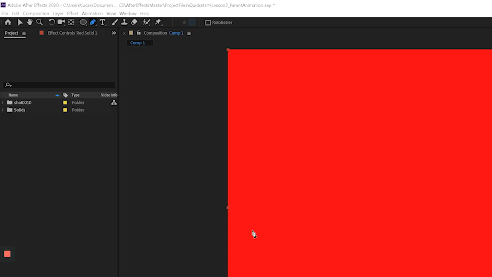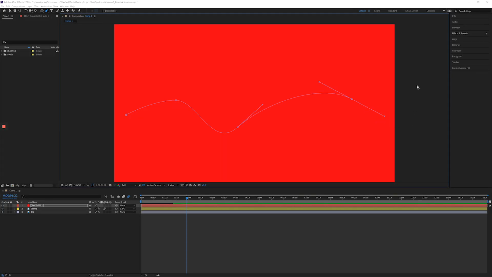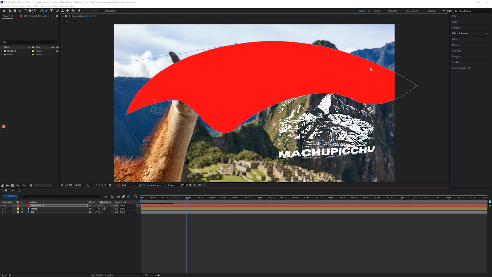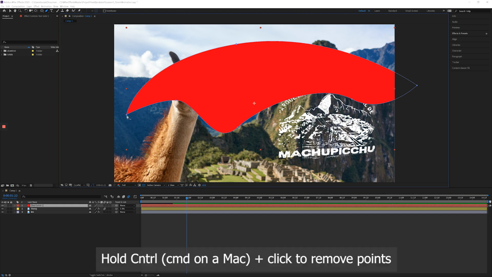That's the shortcut. You can click, either a single click will make a point, or you can click and drag so you get handles. You can change these after the fact as well. So I want to make, nothing's really happening yet because I haven't closed it on the solid, but it's creating a mask. So it's creating this different shape. And I can hit Control and click out here to end it. I could also hit Escape,